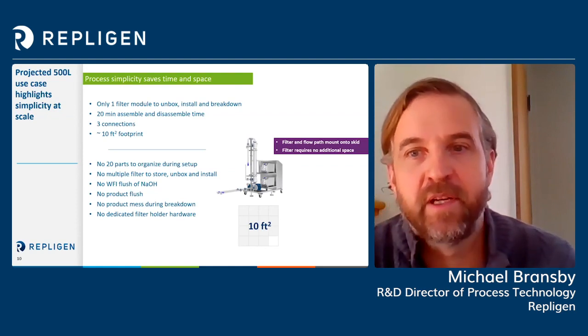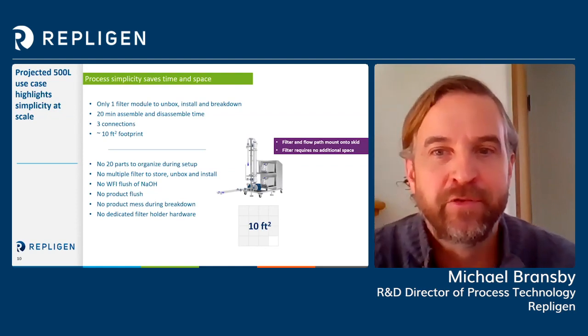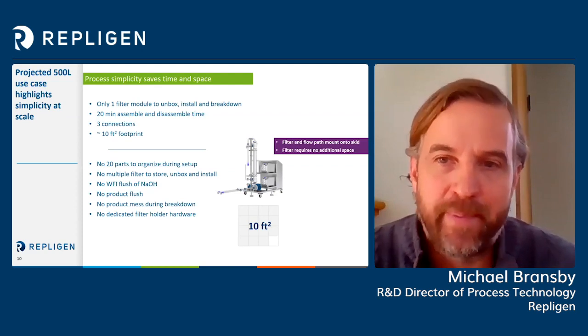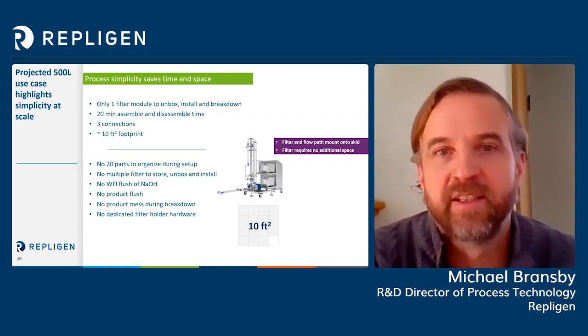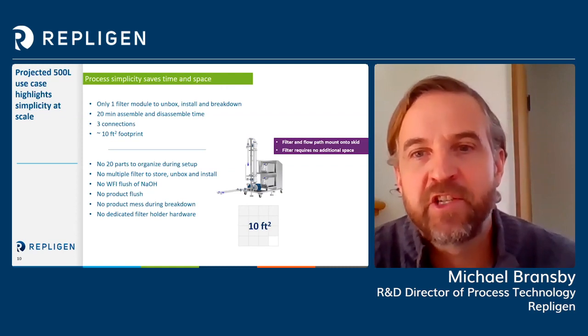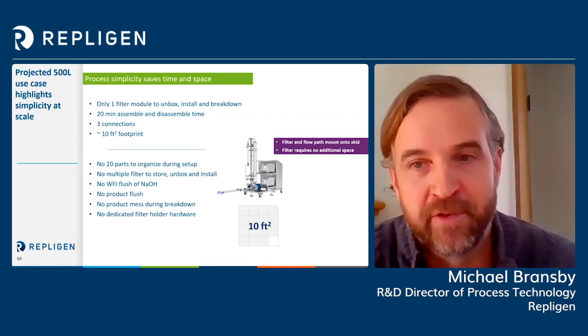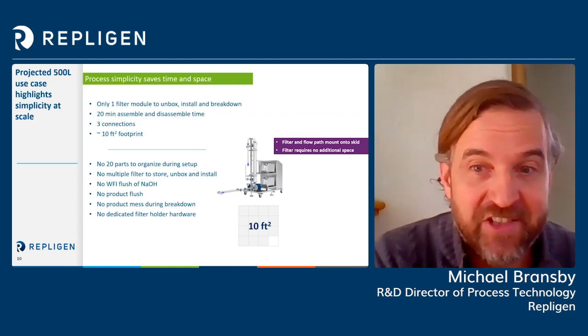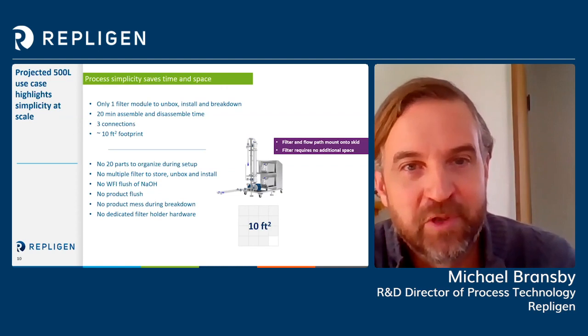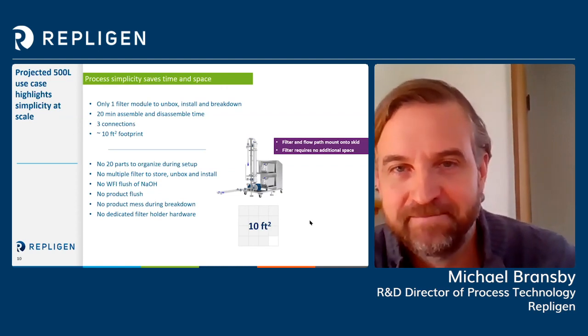That core concept of combined depth and tangential flow filtration creates capacity and volumetric throughput that delivers more product much faster and in a much smaller footprint than classic depth filtration. Who couldn't use more product, extra time in their day, and extra room in the lab? It's obvious, right?